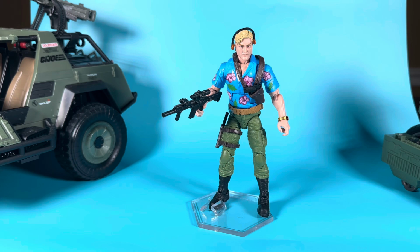Coming in at number 6, we have the San Diego Comic-Con exclusive Chuckles. Now, this is another one that kind of struck a lot of chords with me. Just the fact that Chuckles as a character is an undercover G.I. Joe. He's on vacation, so it seems, with a Hawaiian shirt, his headphones, with the switchable head with the beat up face, the gold watch, the packaging,